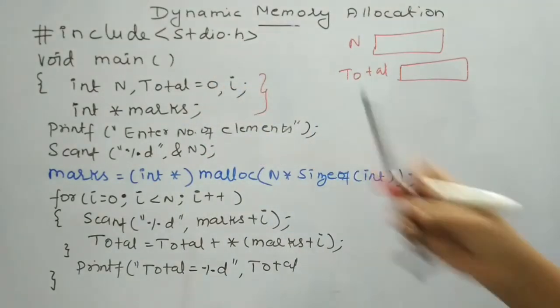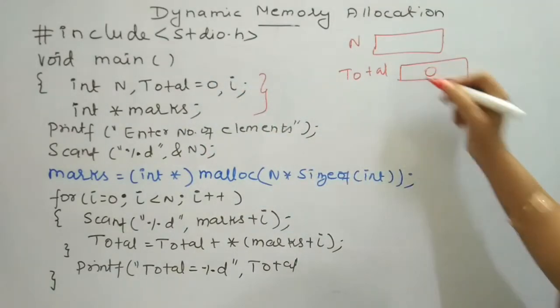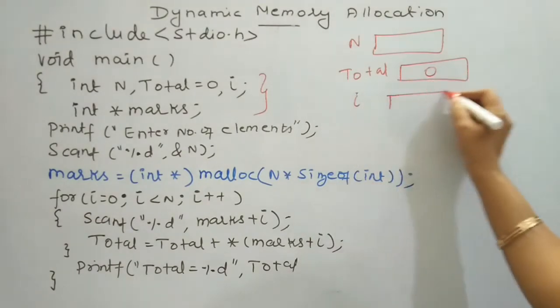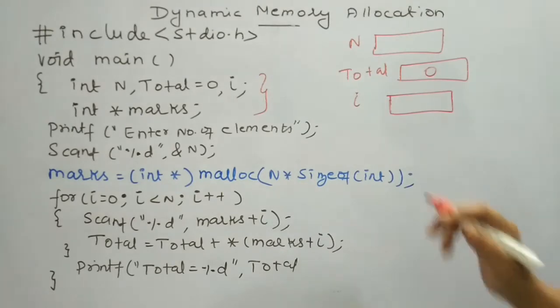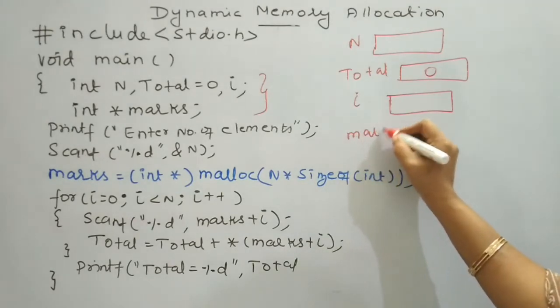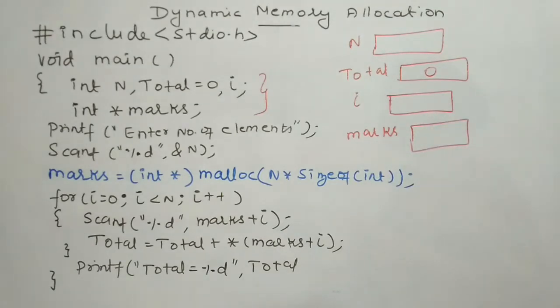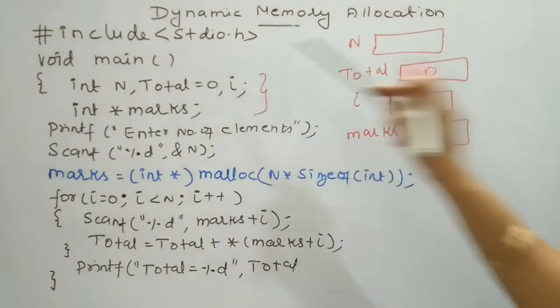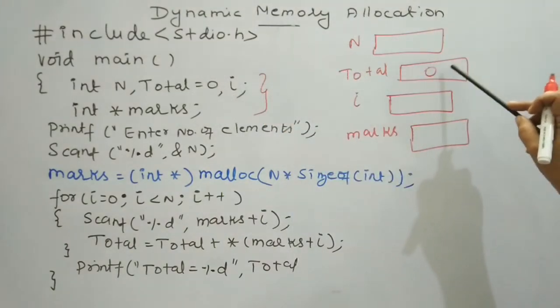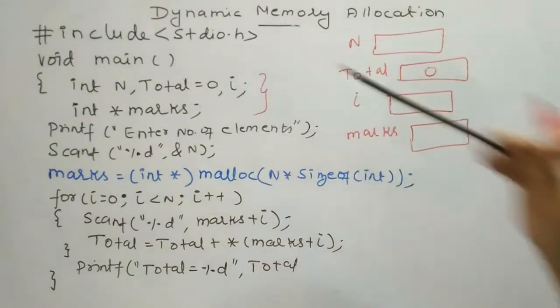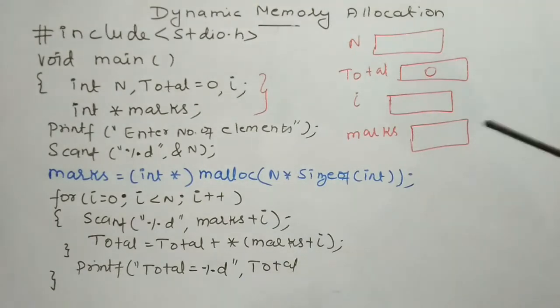Total has been assigned the initial value 0, so value 0 is stored in the memory address allocated for total. Then 4 bytes are allocated for variable i. And then max. Max is a pointer variable, so 2 bytes are allocated to store the value of this pointer variable. Among the variables declared, only total takes the initial value 0, which is stored in the memory address allocated for total. These two statements are processed by the compiler during compilation time and memory addresses are allocated.